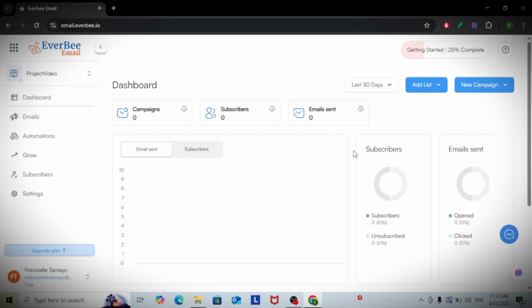First, go to your Everbee dashboard. From here, under the Marketing Tools tab, click on Lead Generator. However, Everbee already has a separate function for email marketing. So all you have to do is go to email.everbee.io. But if you're accessing Everbee from the Everbee website itself, go to the Marketing Tools tab first and then